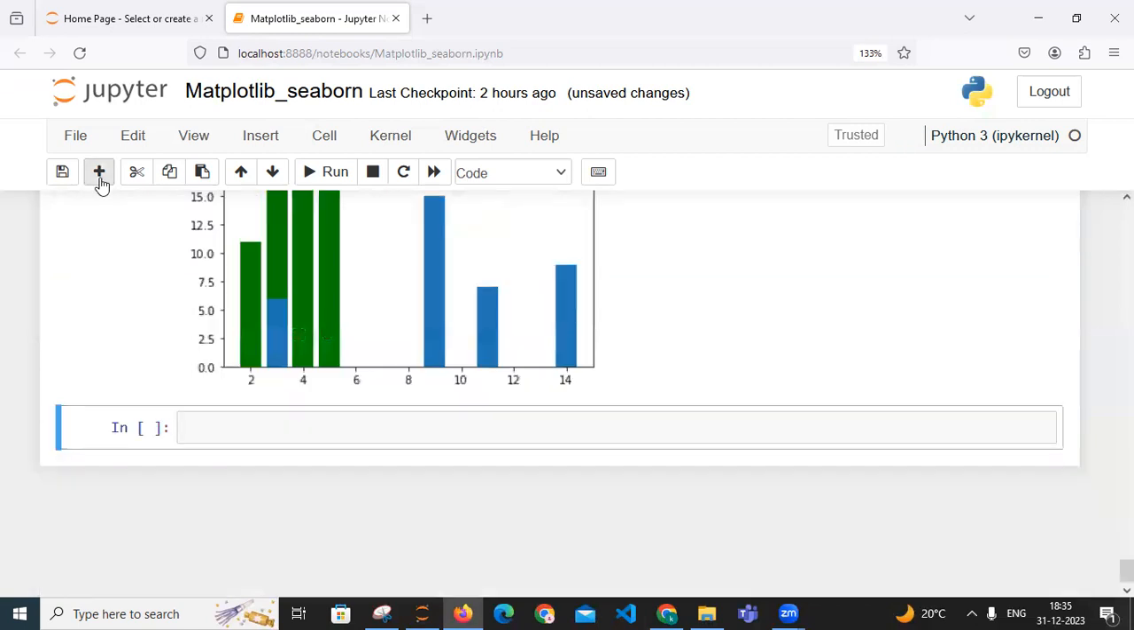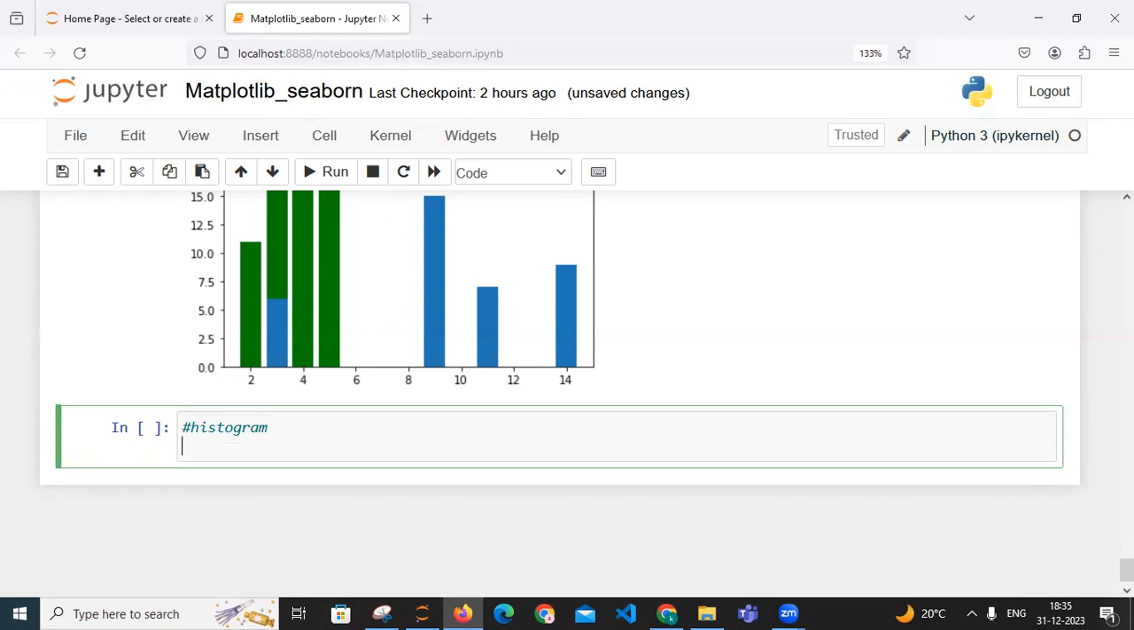Now let me show the histogram. So what is a histogram? Basically it distributes the elements and creates the histogram. A is equal to np.array, and here you can pass the array: 22, 87, 5,